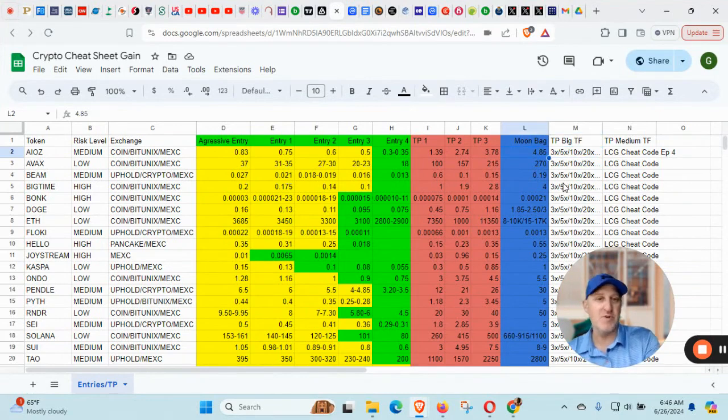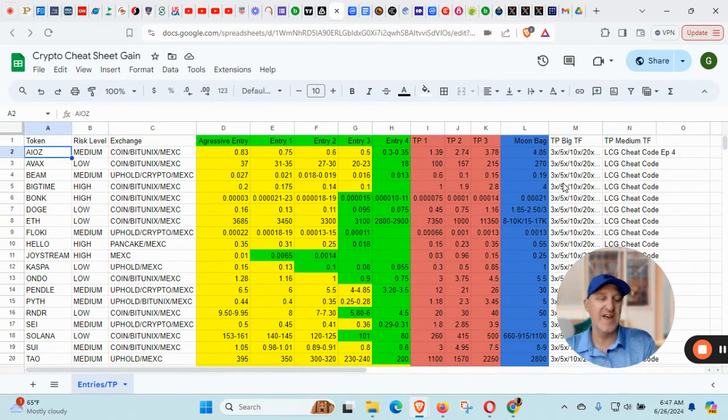So I have 3 profit taking strategies: the 3x, 5x, 10x, etc. strategy. I've got the Fibonacci strategy where I have identified different levels. If you don't know what Fibonacci is, then I would definitely look into learning about how the Fibonacci levels work for buying, accumulating, and taking profit. And then I have my cheat code metrics as well. So I have 3 ways and levels and alerts that I take profit at as we go up.